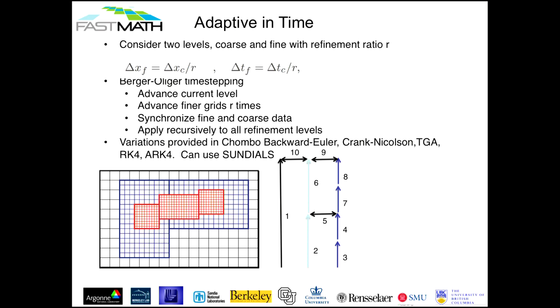So as you're advancing the algorithm along, you're shoving things into the Flux Register. And at some point, you've reached synchronizing, and you tell it, okay, go now reflux. And it finds all the places in the coarse grid where you need to do the refluxing. And you can see that